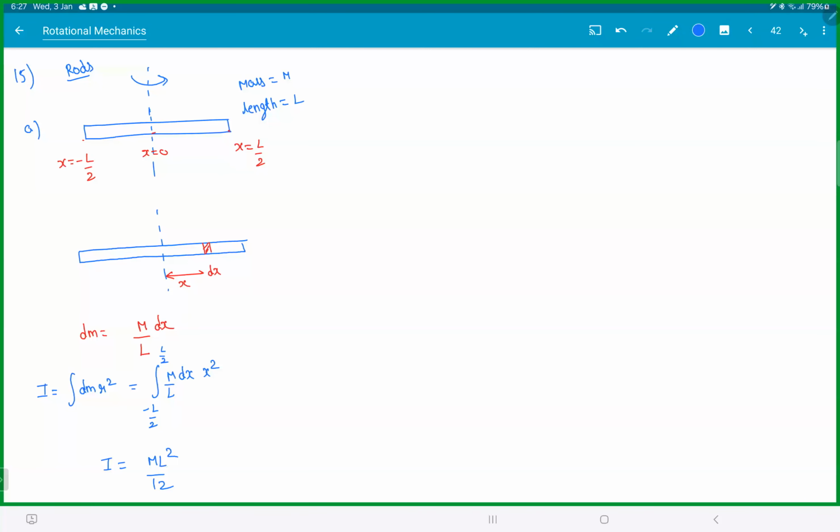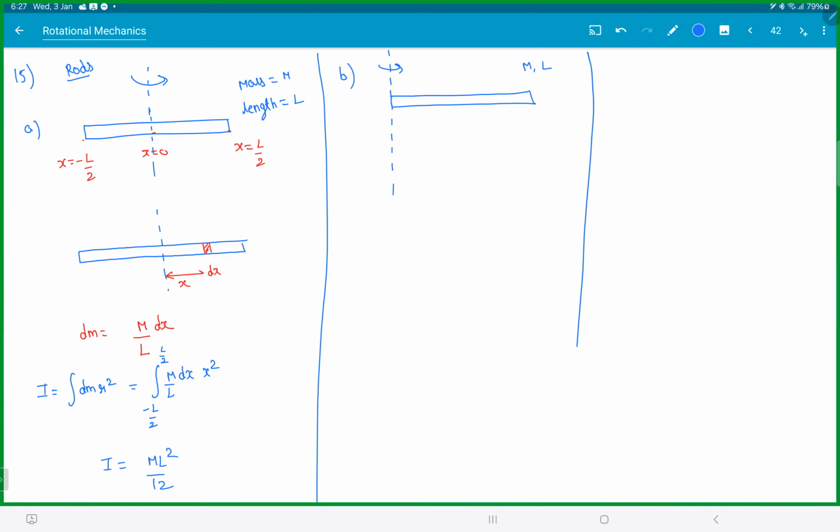Remember the standard result, you need to mug up the results. In the end, anyway, we'll draw a table. So using this as a reference, same question: find the moment of inertia about this axis, with mass m and length L. Using this as a reference,